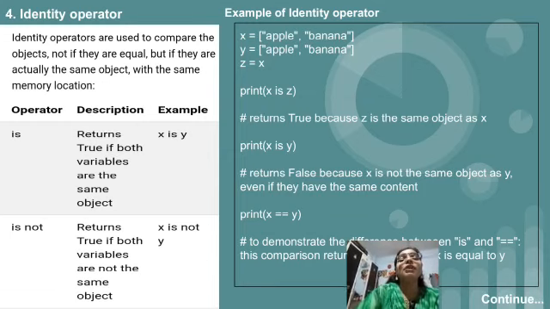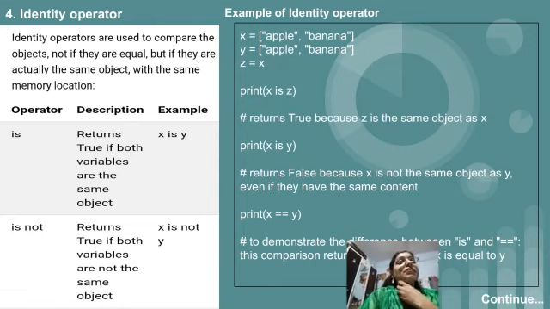Means we have copied the value of x array into z. So this line we have written. First we have written print x is z. Like the last statement we have written z equal to x, means x and z are similar. So the answer will be written as true.